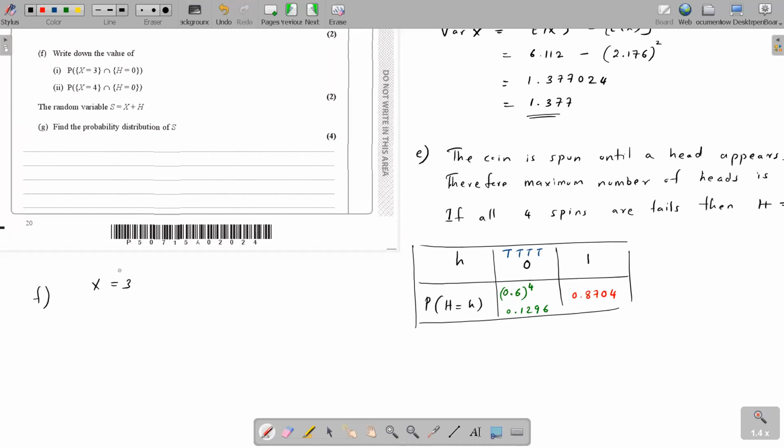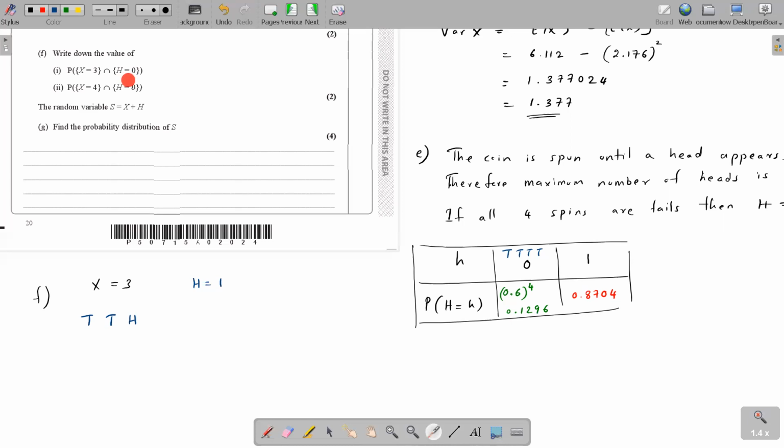When do we spin it 3 times? You get tail, tail, head. That's the only way to get X equals 3. Do you agree with me? So when X is 3, what's the H value? How many heads are there? H is 1. So they are asking to find the probability that X is 3